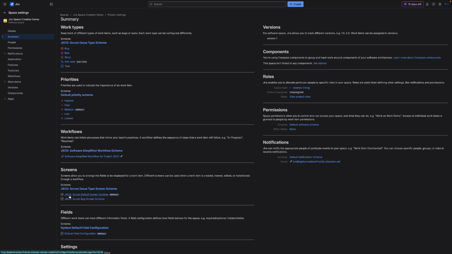We've also got our screens here, so the ability to set up screens, and the screen schemes are a little bit complicated. We have something called a screen scheme, and we have something called an issue type screen scheme. So I will talk to you about those in another day. They're quite hard to explain, but essentially think of it this way. You've got